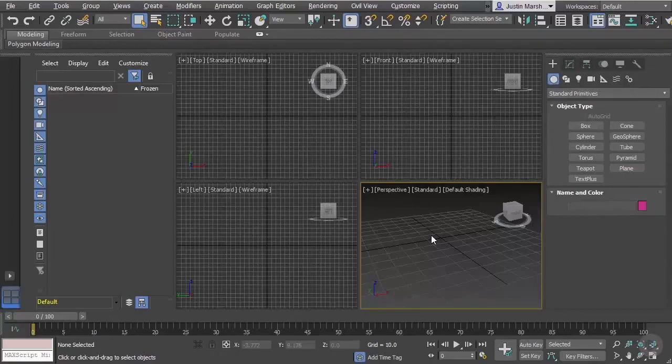Speaking of that, let's go ahead in the next clip and take a look at creating models. So we'll talk about geometry in general, and then we'll take a look at more of a finished model and use some of 3ds Max's modeling tools to do some work on